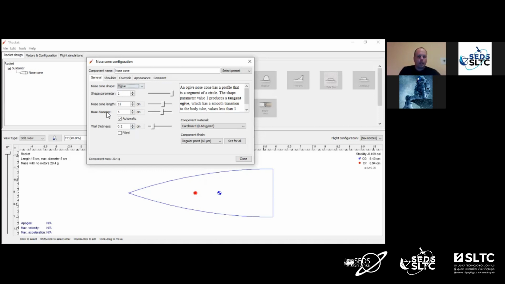The nose cone length. I have a little rule here. I'm going to be referencing a small rocket. This is sort of like what I'm going to be entering into the software. This is a good place to start, something small, this size. So that's basically what I'm going to be building as we go along. Okay, so for the length here, I've got 70